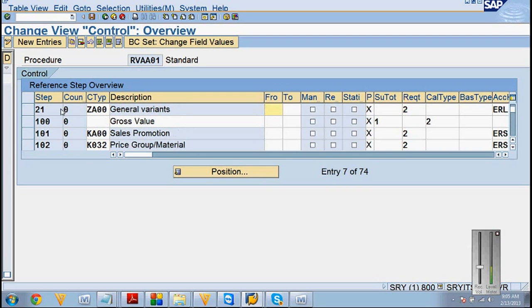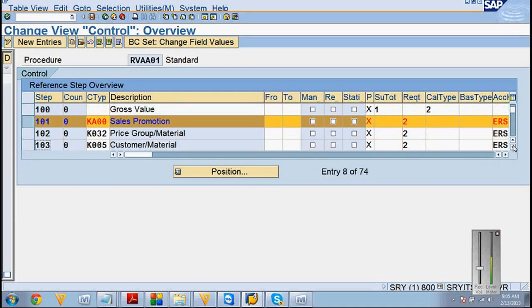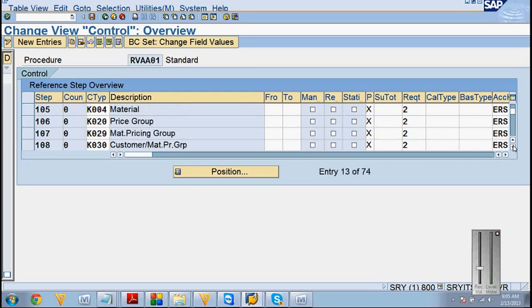You can see 101 is sales promotion. He says from 101 till 299, whatever condition types are there in this list, till 299. You can see there are many, right? Weight discount, discount value, hierarchy, product, maybe many things are possible, but till this 121 he wants 101 to 299 to be